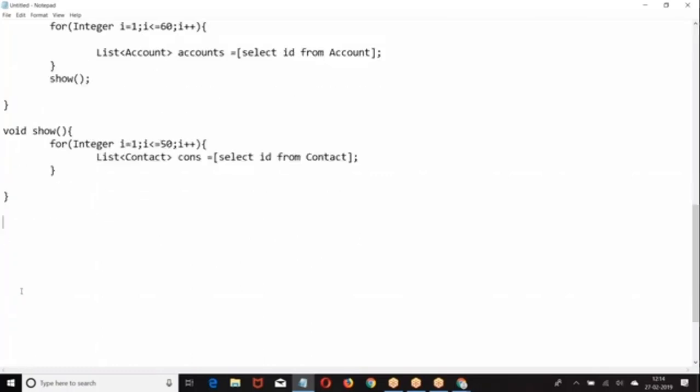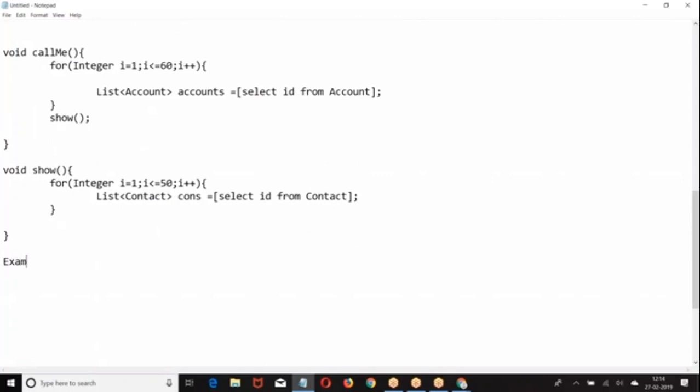If somebody calls this method, for example e.callMe, the callMe method has 60 plus queries, so it will give you an error. Why? Within a method, maximum how many SQL queries can we write?